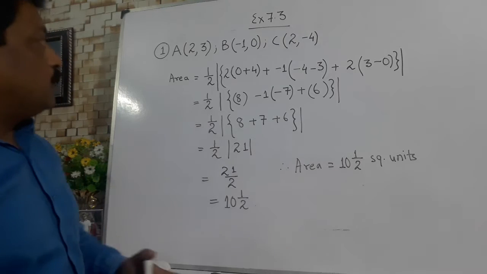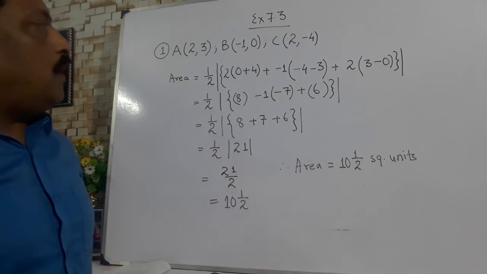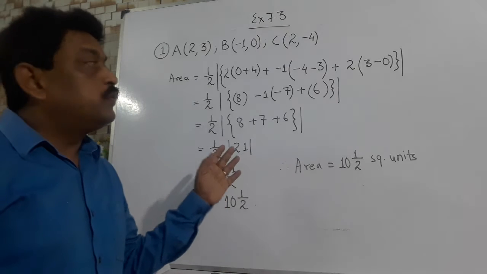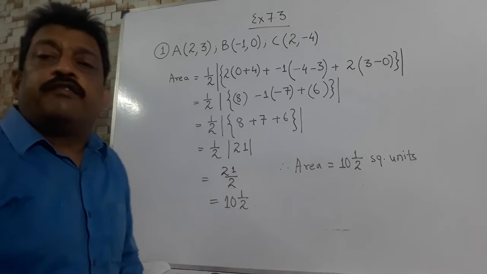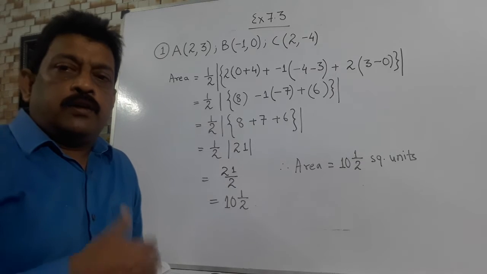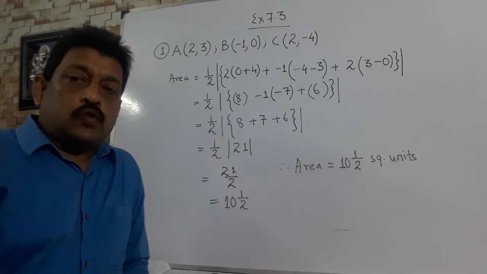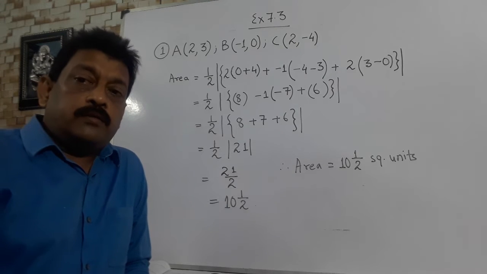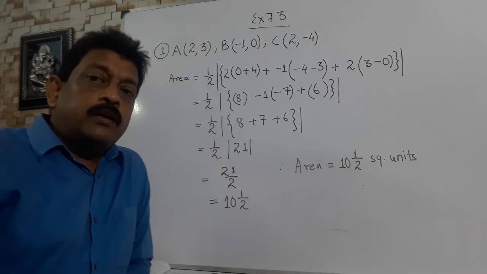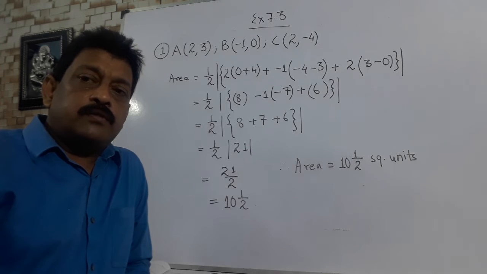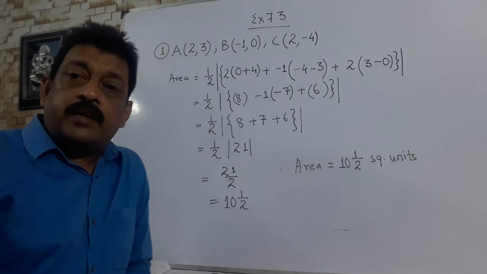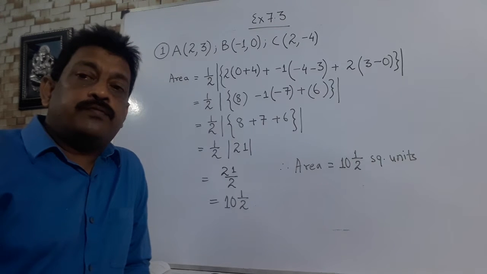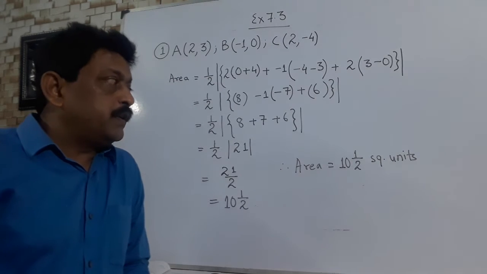Okay. So this is the formula, and by substituting all the coordinates of A, B and C, we can find the area of a triangle. Now area of a triangle has so many applications. Like if 3 points are collinear, then what will be the area formed by these 3 points? Obviously, since it is a straight line, no triangle will be formed, and hence the area will become 0. I will show you that one also.